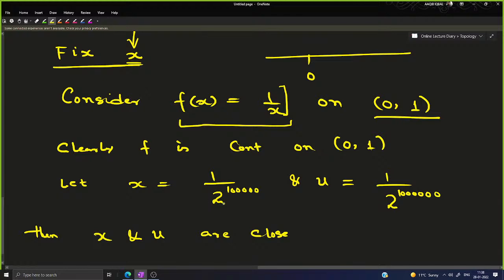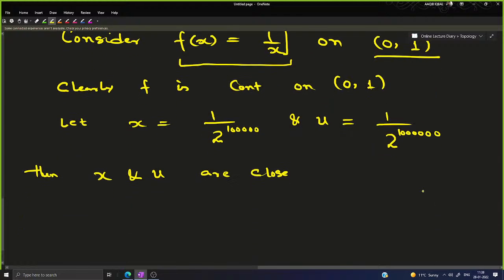So I am taking 1 by 2 raise 100,000 and here I am taking essentially 1 by 2 raise million. This has 6 zeros, right? So it's a million, 10 lakh. So obviously they are close, right? But the moment you go to their images, if I ask you what is f of x,